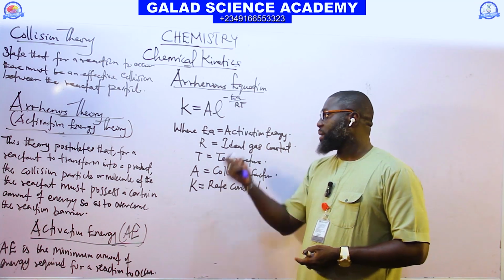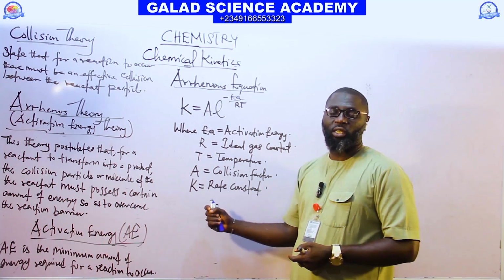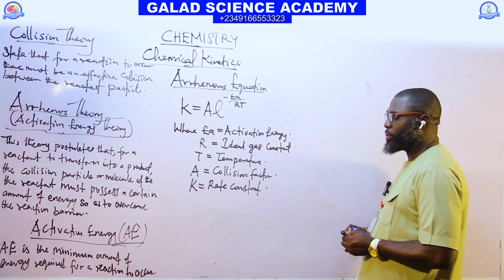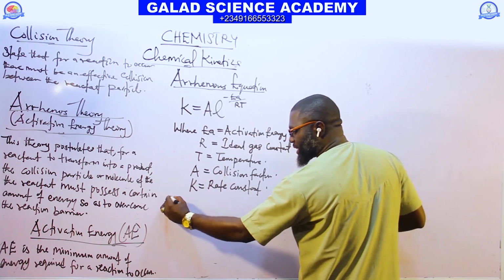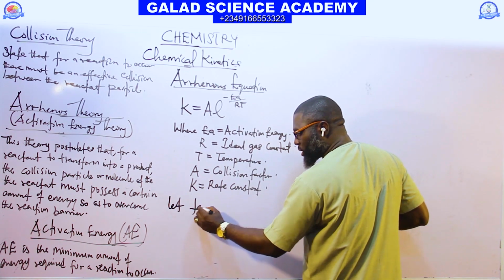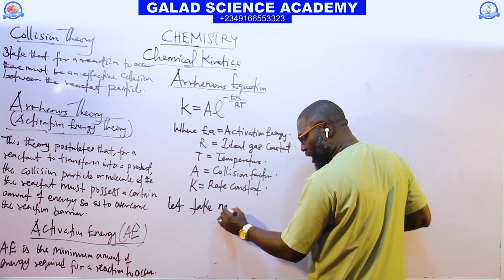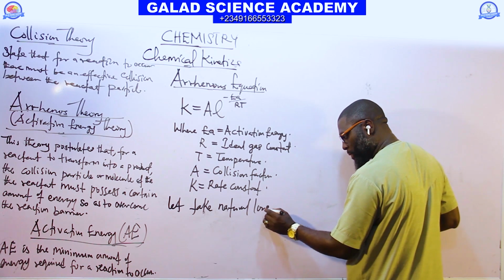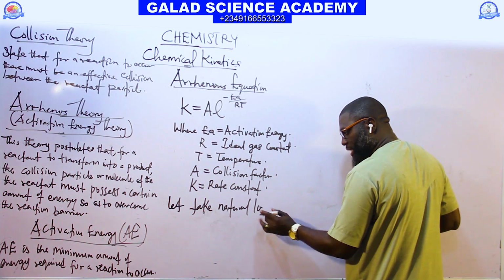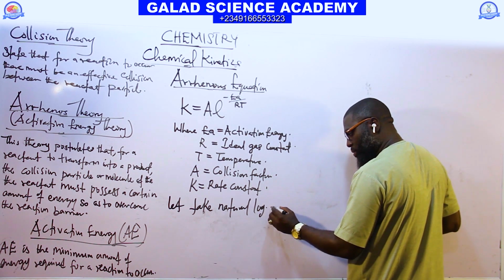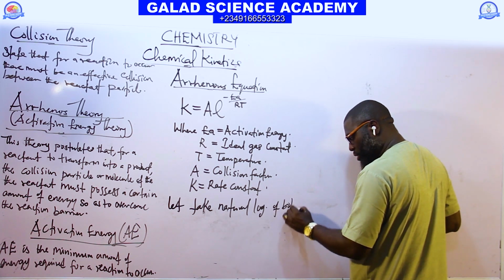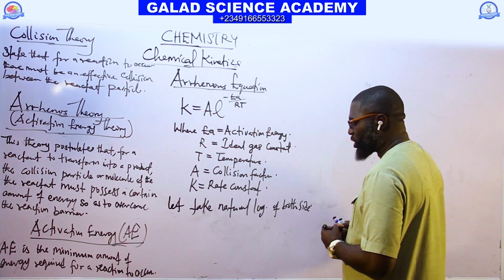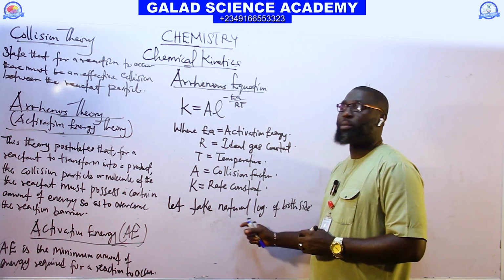And this can be achieved by taking the logarithm of both sides. So let's take the natural logarithm of both sides. If you are talking about natural logarithm of both sides, it simply means